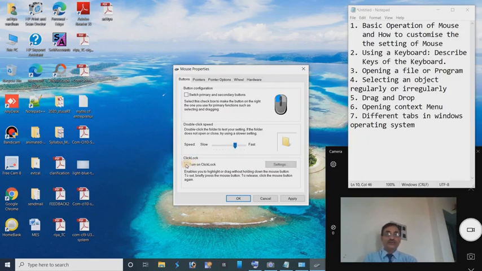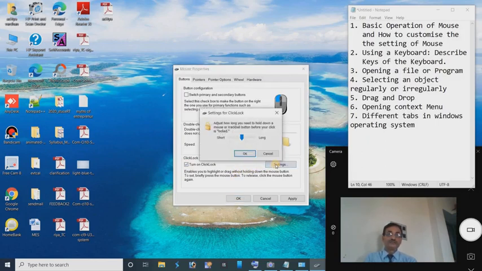Next one is the turn on click lock. Yes, click lock means after pointing the mouse pointer to an object, if we continue to hold down the mouse button for some time, then your mouse pointer will be locked.